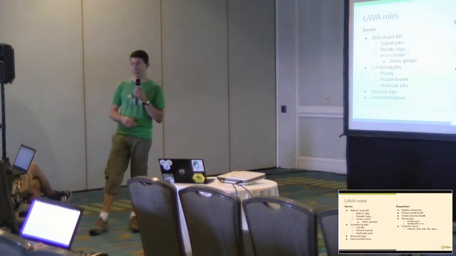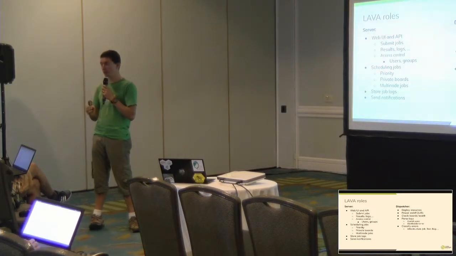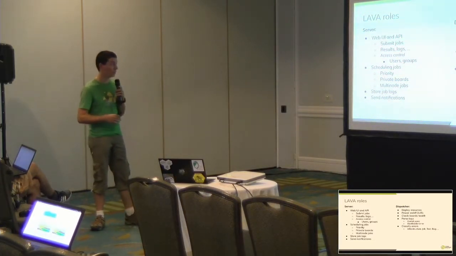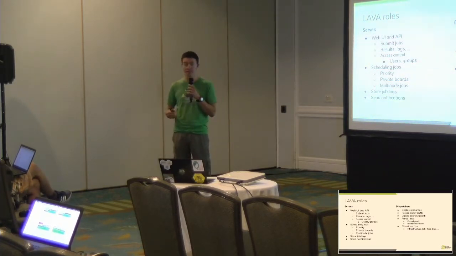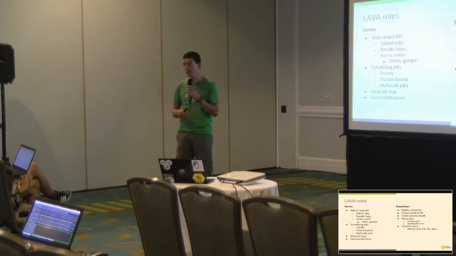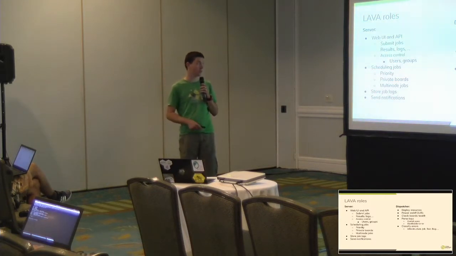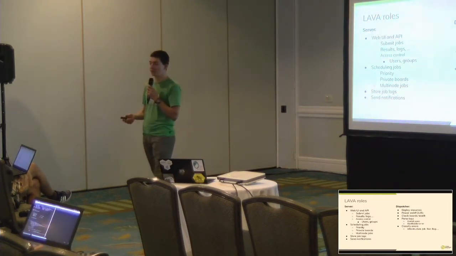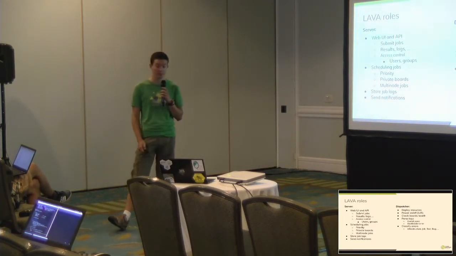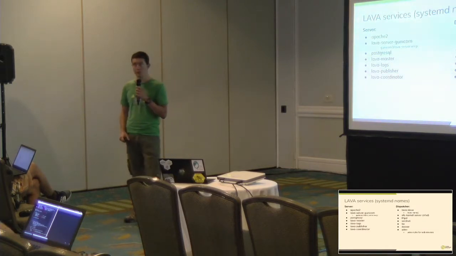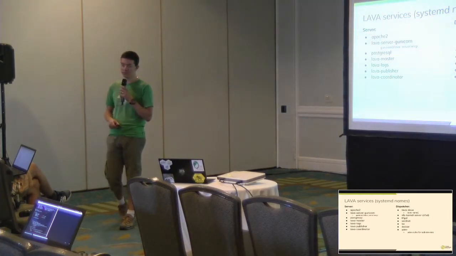And the second part of Lava is the dispatcher, as I said before. And this one is responsible for talking with the DUTs. So it will deploy resources, it will power the DUTs on and off, it will check the board health, it will parse the logs for kernel errors, for warnings and things like that. And it will send back all the logs to the server. And it will also try to classify errors. Is it a boot error, a test job error, or a bug maybe? It happens also. So this is more for admins, but also useful for developers.